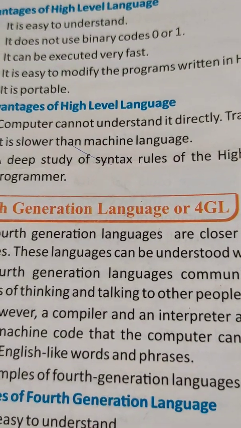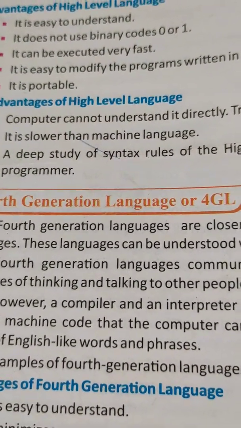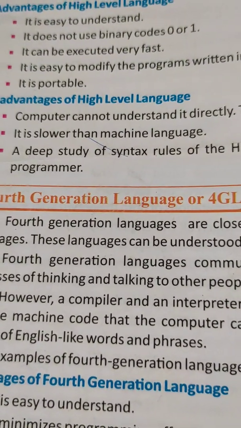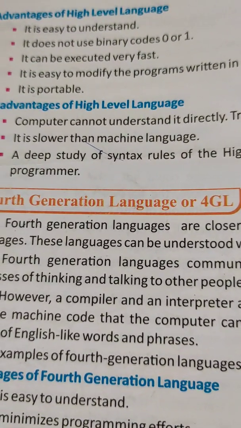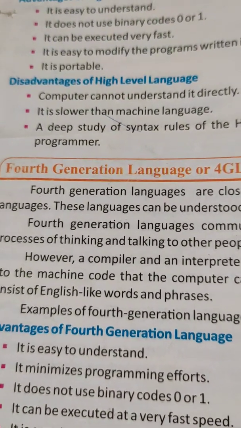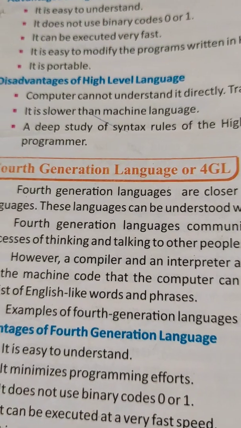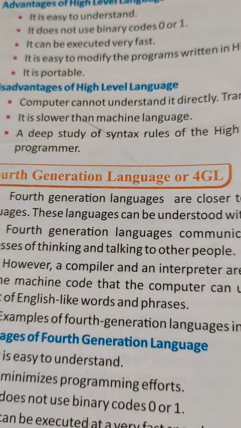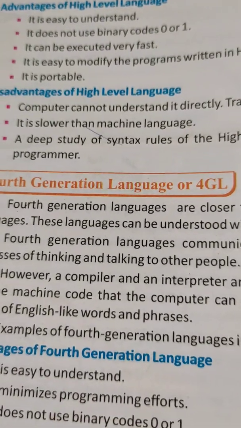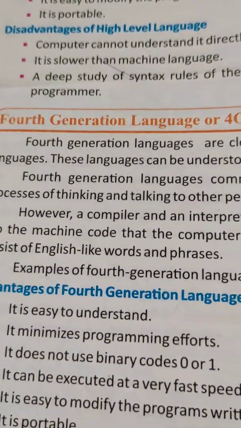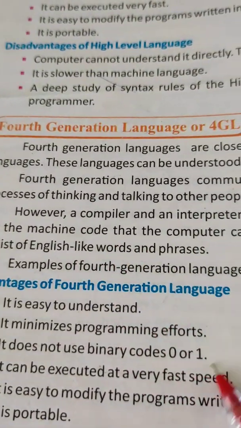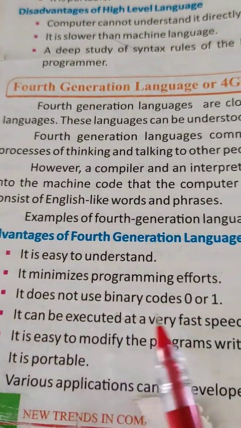Here also a compiler and interpreter are required to convert the source code into machine code. This language consists of English-like words and phrases. That's why it is easy for human beings to understand. Examples of fourth generation languages include PROLOG. Advantages of fourth generation language: it is easy to understand, it minimizes programming effort,